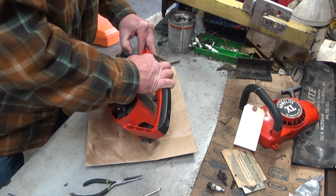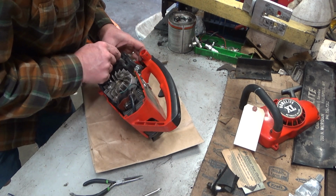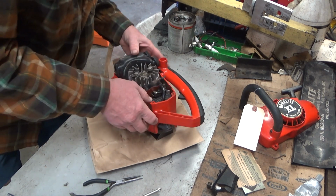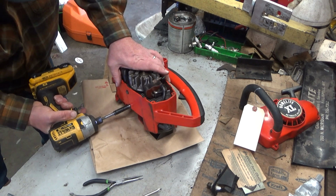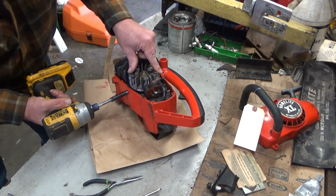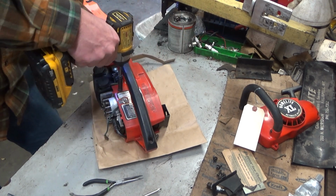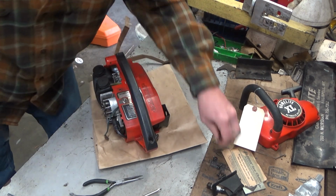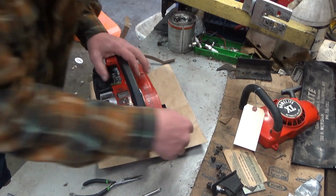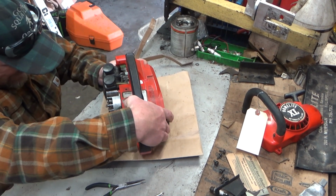Let's get our air filter cover out. Duck bill looks like it's in good shape. Get our 4 engine screws out. I know some people make a big deal out of these things about how they're a pain in the ass to work on because you have to get them out of the case, but I'm demonstrating here just how easy